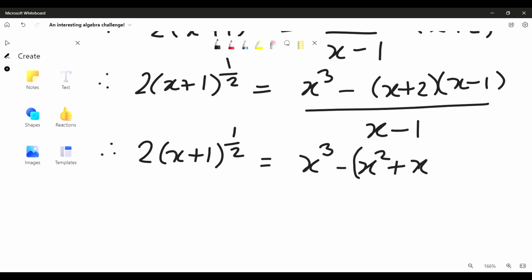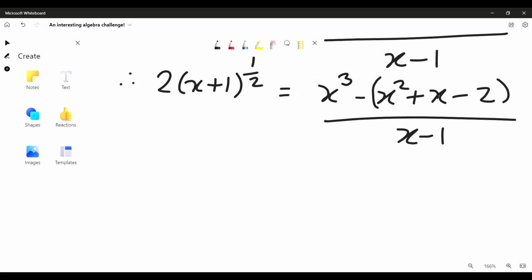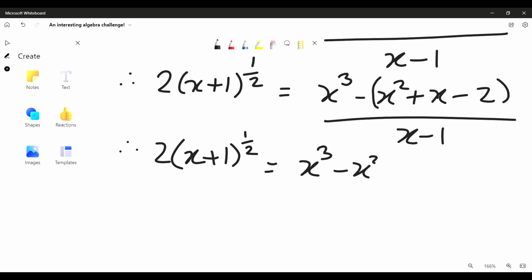And then on the other side I have just minus 2, all over x minus 1, of course. And now we can just multiply out the minus sign here. So we're already close: x cubed minus x squared minus x plus 2